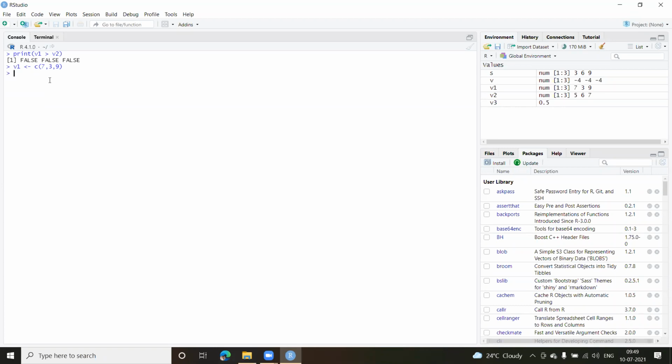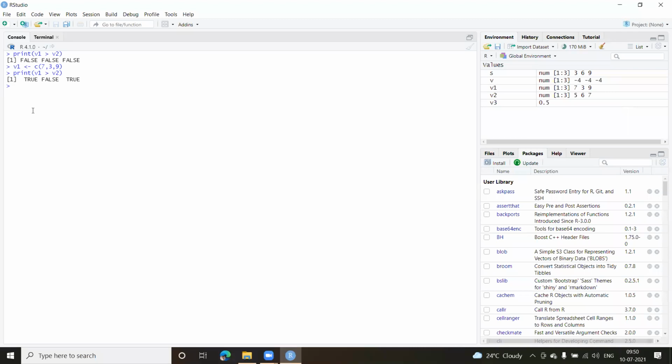Now we can print and check whether I get the answers properly. So v1 greater than v2. Here you can see, when I said 7, 7 greater than 5? Yes, it is. So true. 3 is not greater than 6. So false. 9 is greater than 7. So true.